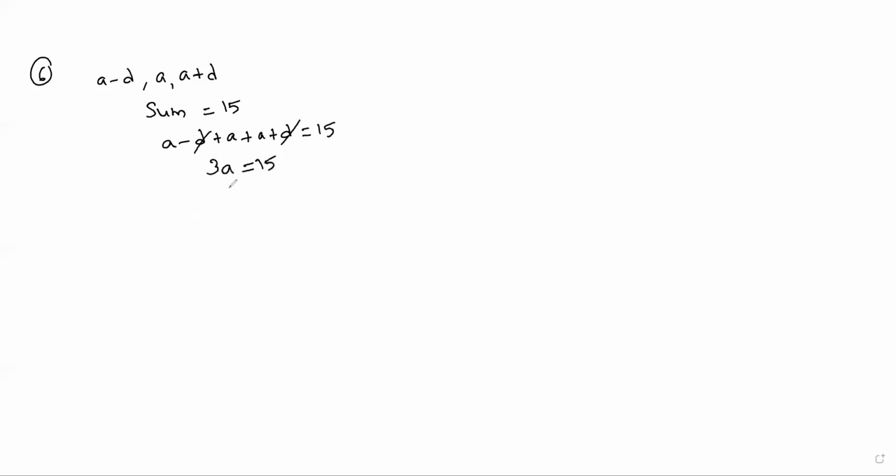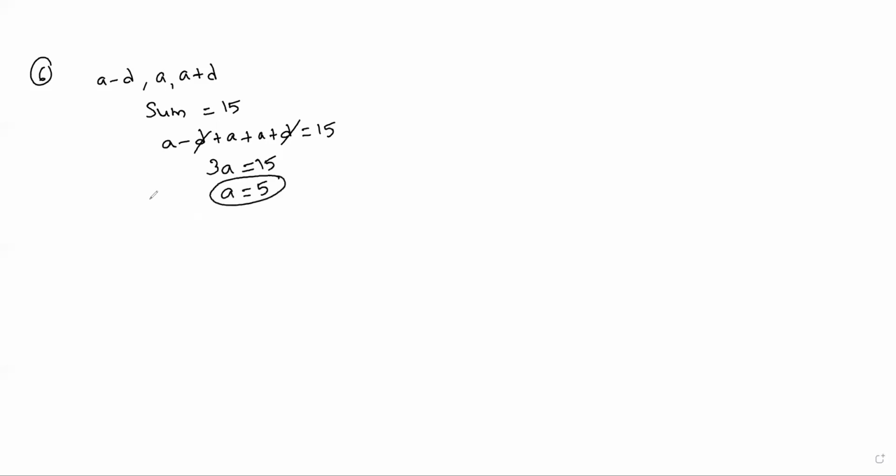Next, coming to question number 5, we can also do it easily. Coming to question number 6. 3 numbers whose sum is 15 are in AP. Okay, 3 numbers I am taking: a minus d, a, a plus d. The sum is given, how much? 15 is given. Sum means adding all 3 terms: a minus d plus a plus a plus d is equal to 15. Here d gets cancelled. 3a equal to 15. A value is 5, we got.